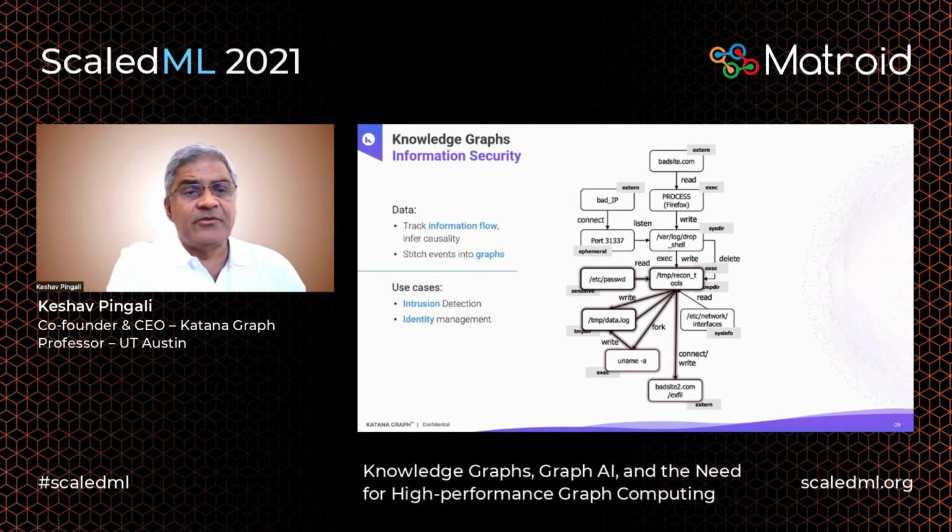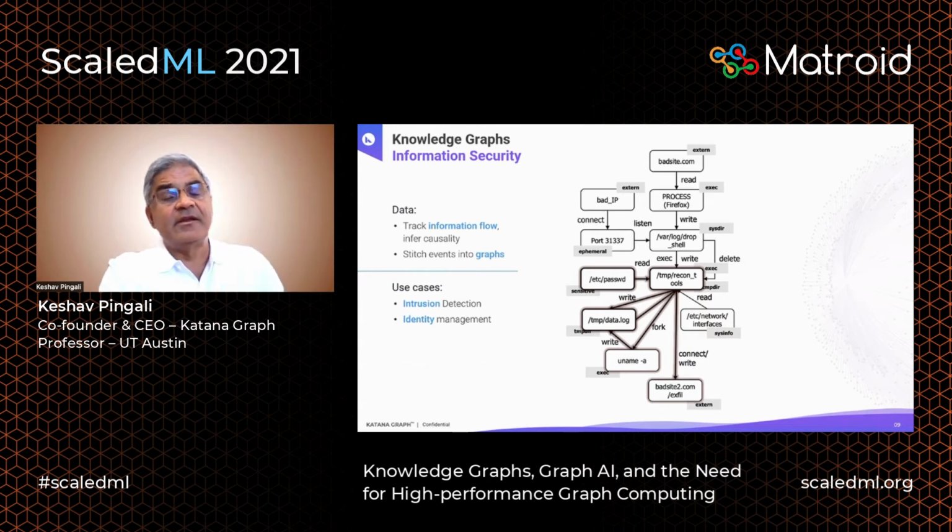And the final example of knowledge graphs that I'll show you, again, from a very different application area, is information security. This is work we did with BAE Systems. There, what you're doing is basically recording events and resources as the people are using the computer network. I don't want to go through this graph in detail, but you can see there are a bunch of files, ports, IP addresses, processes, and so on. And then connecting the corresponding nodes, you have edges saying writes or reads or read and write and so on.